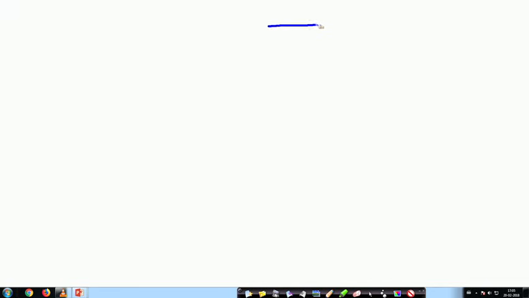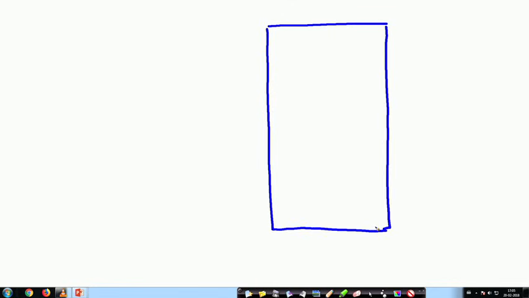Suppose this is my memory and I have got 4 integer variables and each integer variable takes 2 bytes. I am showing 2 bytes here, one after another. All right.